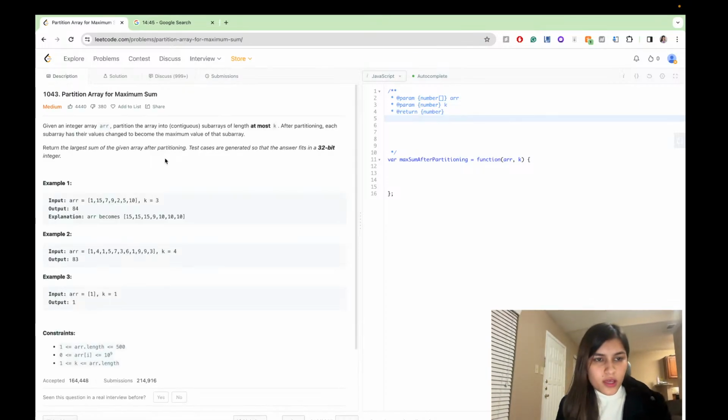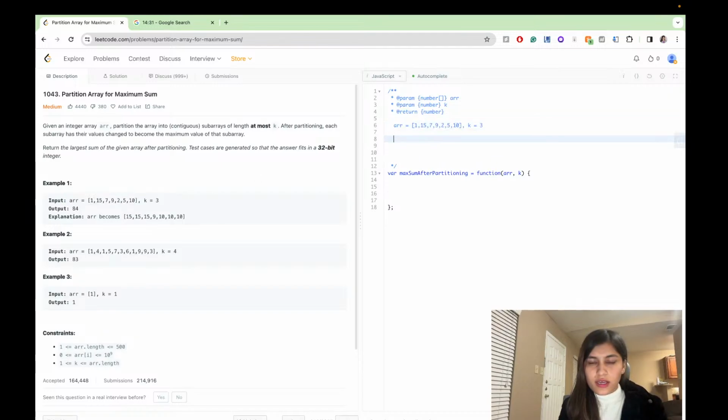Let's see. Given an integer array, partition the array into contiguous subarrays of length at most k. After partitioning, each subarray has its values changed to become the maximum value of that subarray. Okay, so the question is saying that if there is an array of 1, 15, 7, 9, 2, 5, 10, and k is equal to 3, then